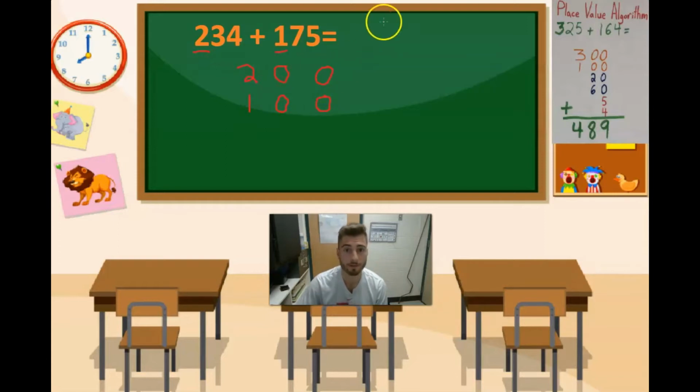Next, we need to look at our next place value over, which is the tens place value. Which digits are in the tens? That's right, the 3. What is 3 tens? Because it's not 3. 3 tens, let's count 3 times by 10. 10, 20, 30. We have 30